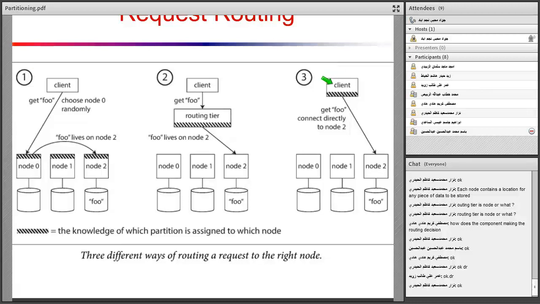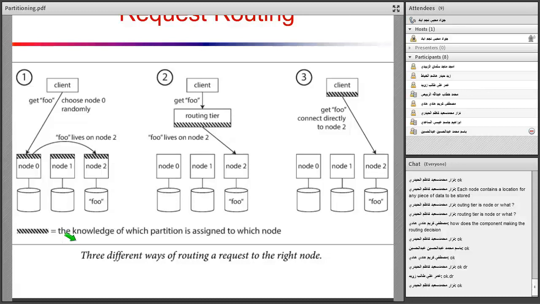All information needs to be stored on all clients. The number of clients is very large, and in this technique we need to store this knowledge on all clients. You can see it's not an appropriate method because each client needs to have